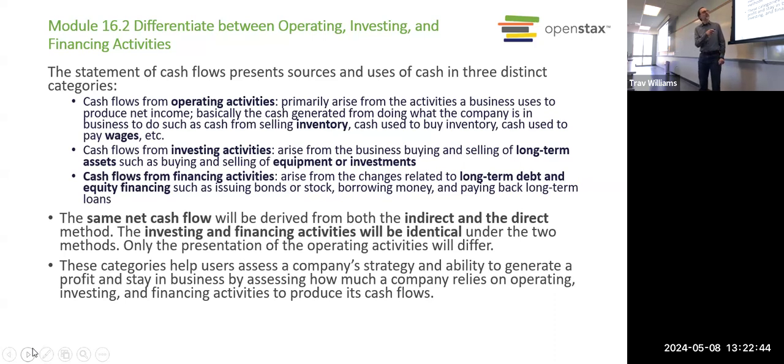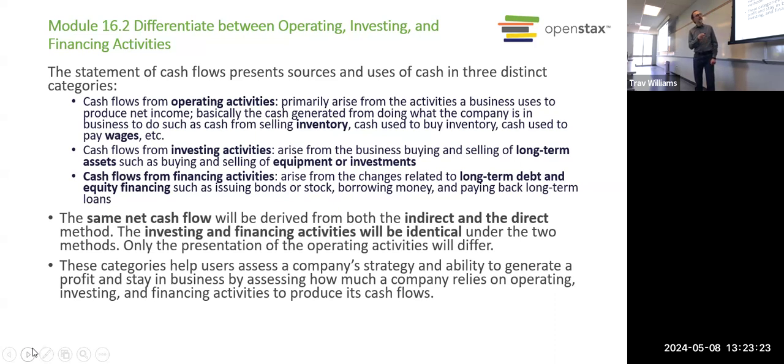Then we have a section, investing, cash flow related to investing. So you could think of this as twofold. There is investing in other companies, like buying stocks and bonds. Companies can do that, right? They could invest in other companies. But it's also investing in your own company. So if you buy equipment, you buy land or any other long-term assets, you're investing in your own company. So the investing section includes both investments in other companies and investments in your own.